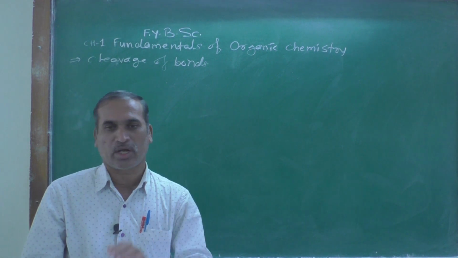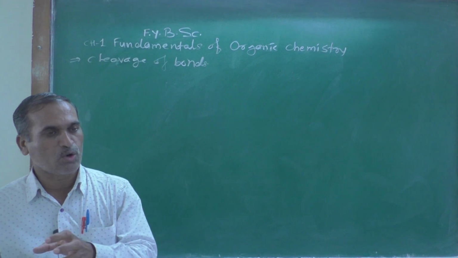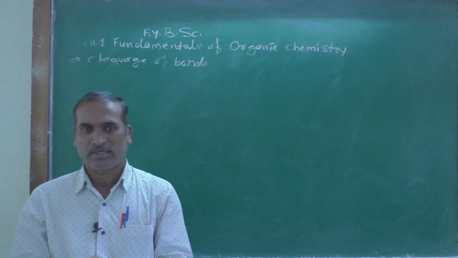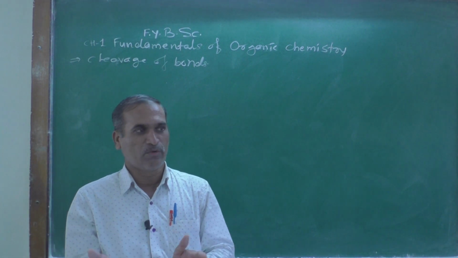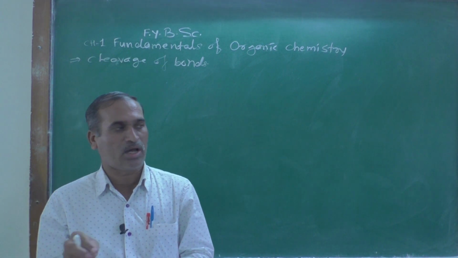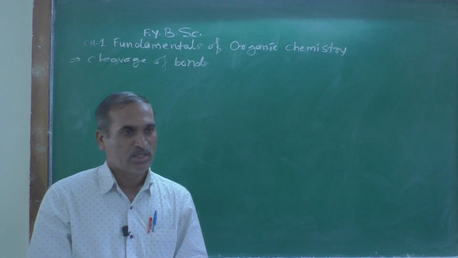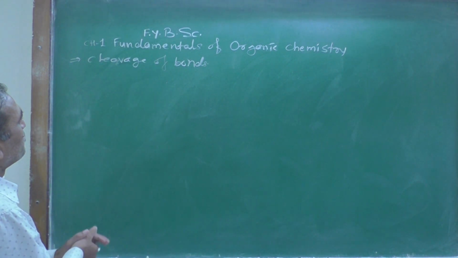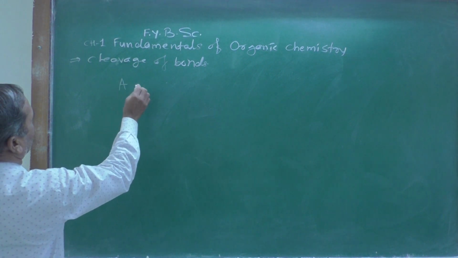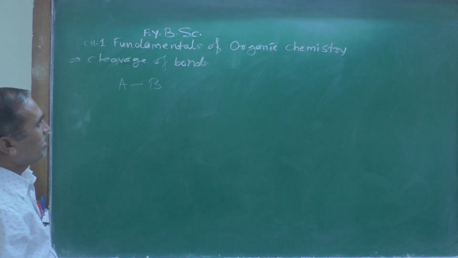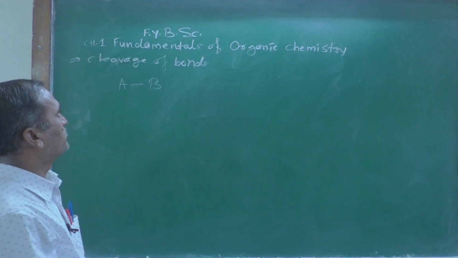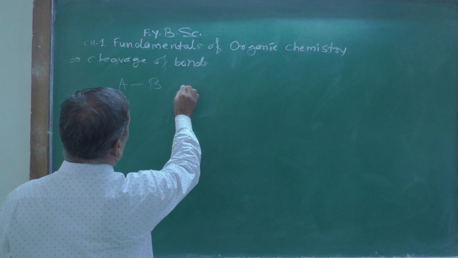As we know, in organic compounds covalent bonds are present, and that covalent bond can break in two ways, either homolytically or heterolytically. So let us consider one of the simplest examples. Suppose let us see here A and B. It is a covalent bond, and this bond gets cleaved